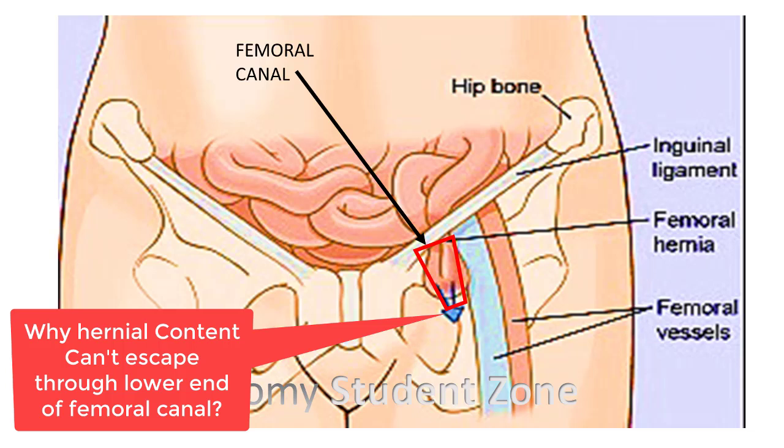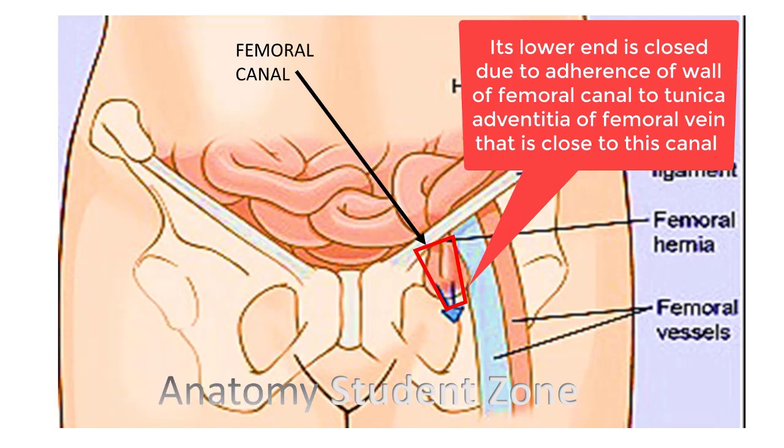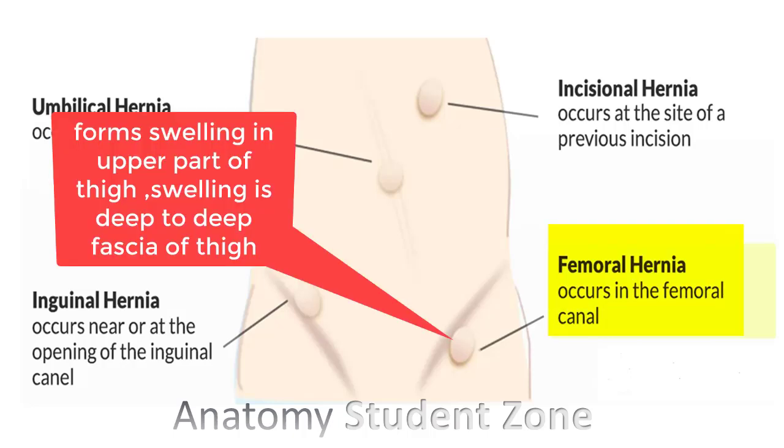Now here another question arises: why can't the hernial content escape through the lower part, and why do they form a swelling just in the upper part of the thigh? Its anatomical reason is that the lower end of the femoral canal is normally closed, by the adherence of its wall to the tunica adventitia of the femoral vein. Again, I am saying with the femoral vein, not with the lymphatics, because adventitia is not going to fuse with the lymphatics. So when it can't escape, of course, it expands there and forms a swelling in the upper part